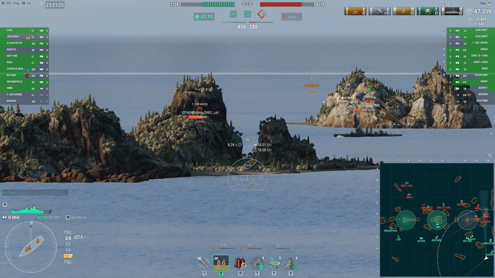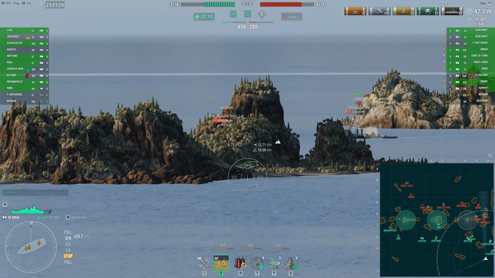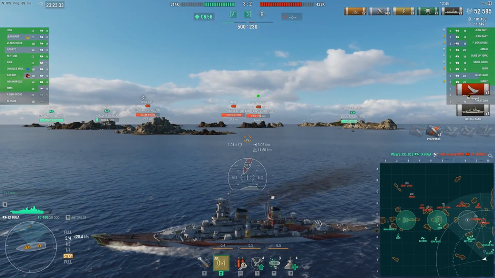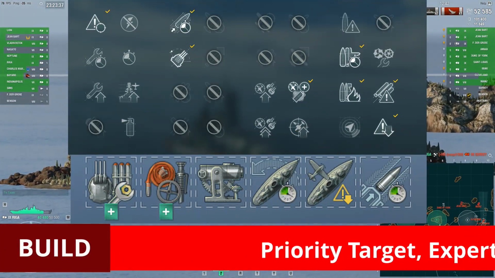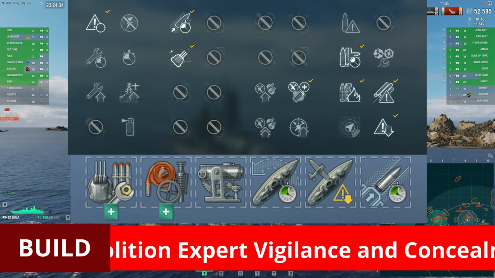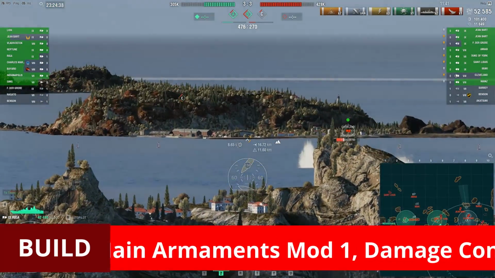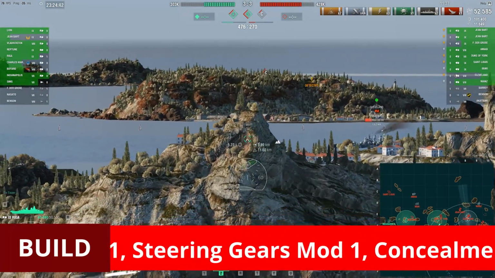From my experience so far, I've noticed against flat broadsides, Riga does get quite a lot of overpens, but against very slightly angled targets, the amount of citadel penetrations increase significantly. So let's put this build up on screen here at this point, so you have it fresh in your mind while I explain why I've chosen this exact build, and why it works so well, while we continue to examine